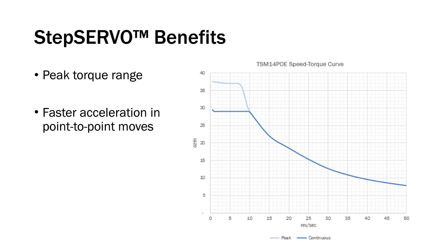The light blue line is what we get when we run it as closed loop servo, which is we get a peak torque range. Now, it may not seem like that much in this chart, but it makes a big difference when it's in the machine. Compared to a conventional step motor, a step servo motor will be able to accelerate and decelerate significantly faster, especially in indexing moves or point-to-point moves, and this can increase your throughput. It basically shortens the move time, shortens the cycle time, and you can get more cycles per minute with a